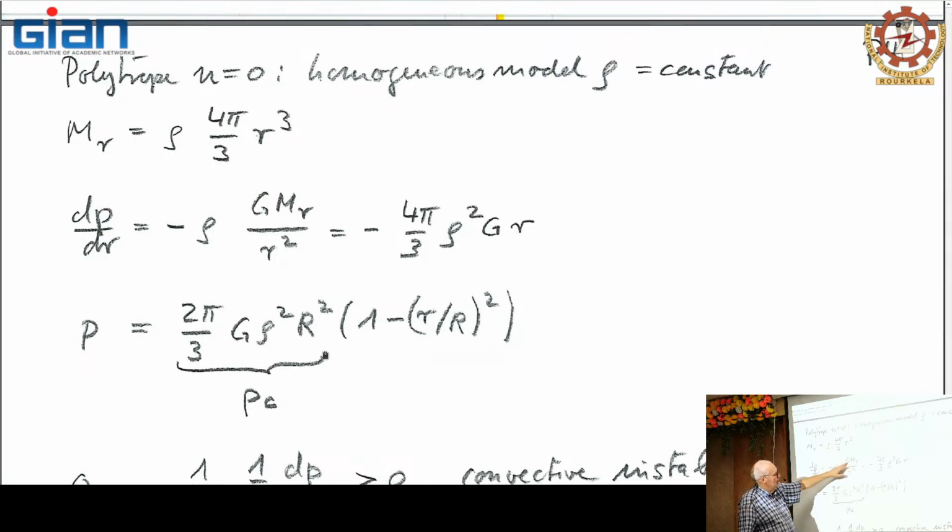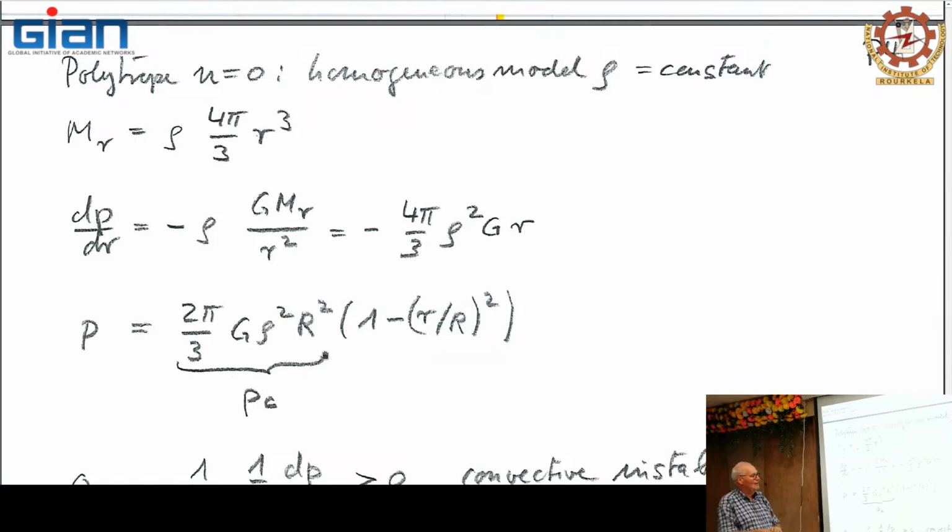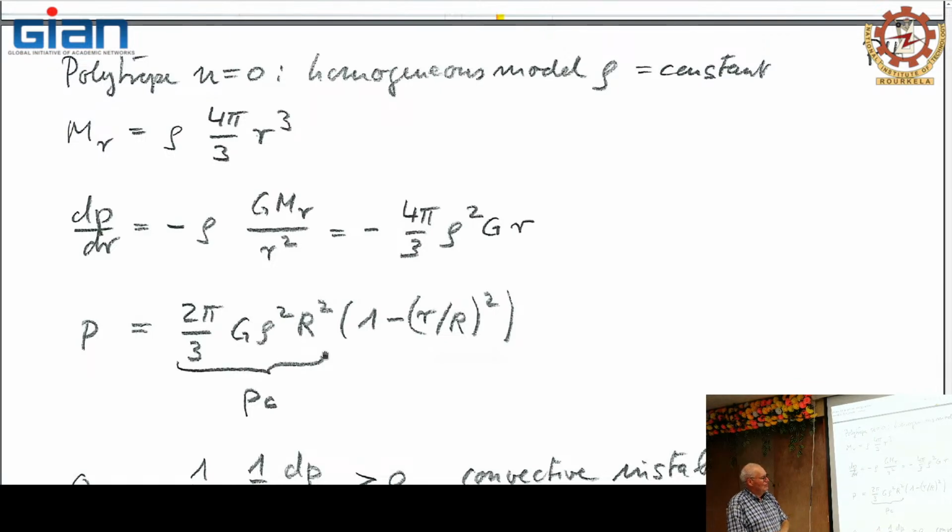Gravity is GMr/r². M(r) is given by this function, which goes like r cubed over r squared. So the pressure gradient is minus 4π/3 times rho squared. The M(r) contains another density, times the gravitational constant, times r. So the pressure gradient is a linear function of the radius, and we can easily integrate the pressure by simply taking the integral over this function, so that the integral goes with r squared